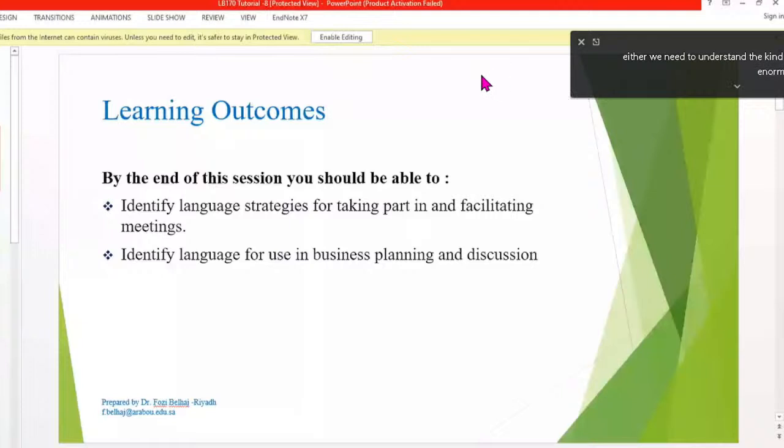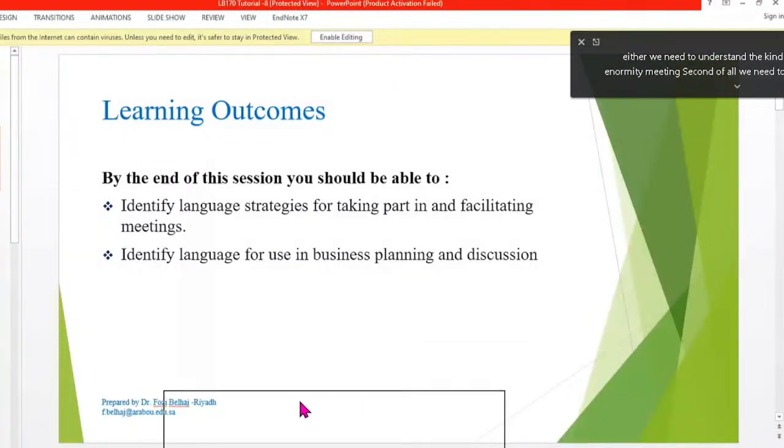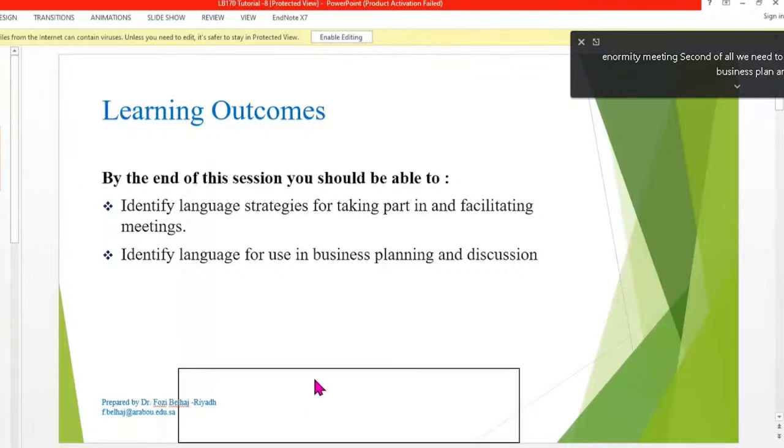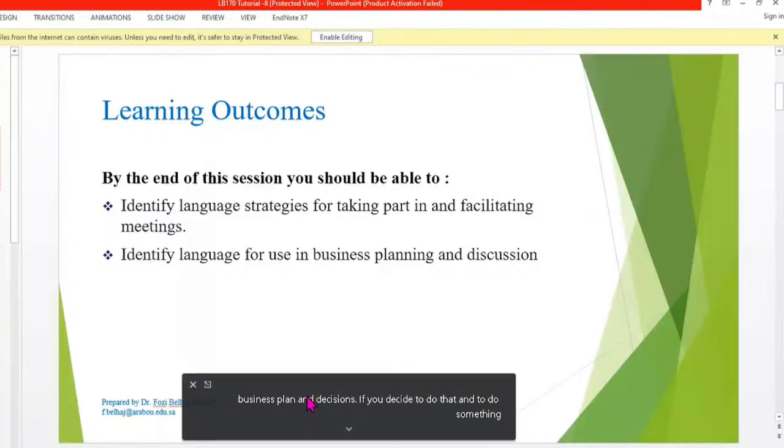Second of all, we need to learn language for use in business plan and decision. If you decide to do something, or for taking actions, we need to learn some certain language. عرفت؟ لأن the business language is sometimes kind of more formal. صح ولا لا؟ لازم تكون رسمية شوي يعني. Anyways,